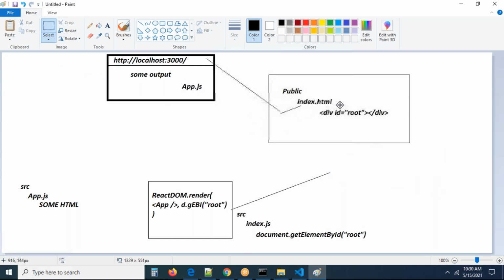Yeah, this is what exactly you have to understand. From here the request will go to the following location. This is how the request will go there. This is our application flow. In public index.html, there is a relation with document.getElementById. What happened? ReactDOM render is calling your component. The component is appended to this div element, guys. Some code you wrote there is some HTML. This is the app.js.